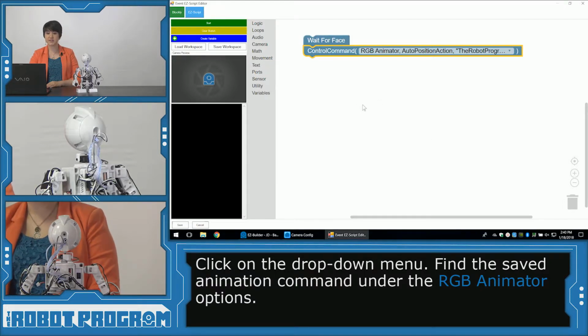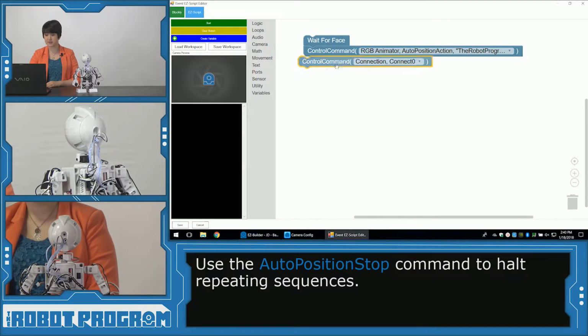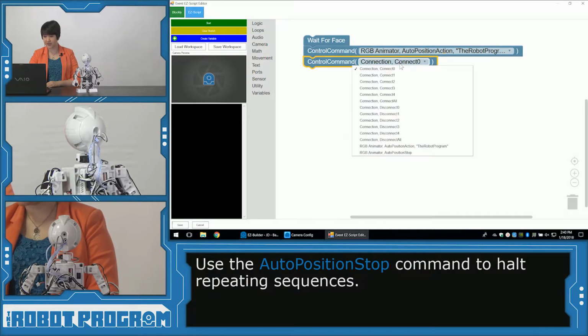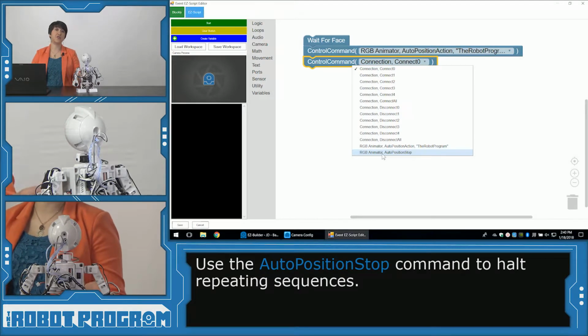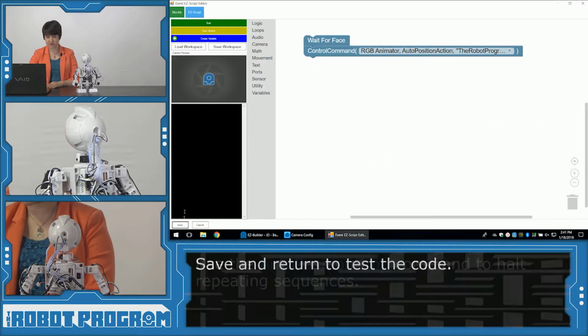Now, if you decided to have an animation that goes for a while and keeps repeating, a way to stop it would be to go Utility, Control Command, and here we can say RGB Animator Auto Position Stop, and that's going to stop your animation sequence. But we didn't have ours repeat, so I'm going to take that off, delete it. All right, let's save our script